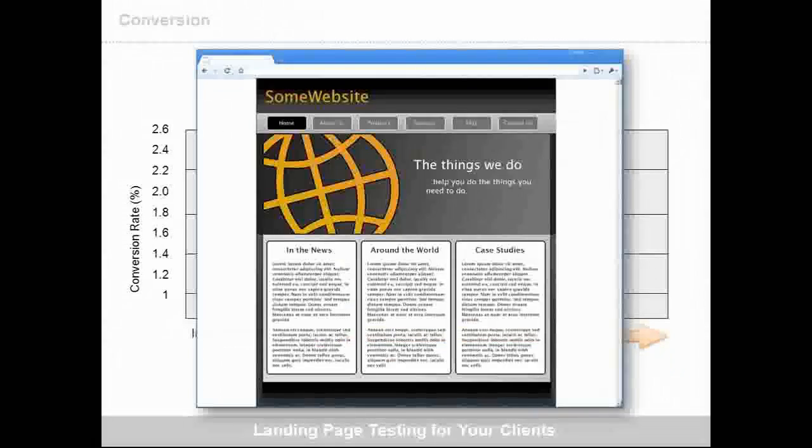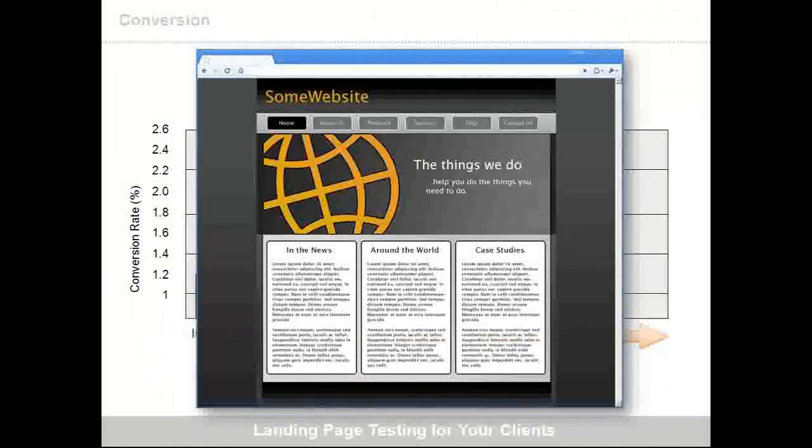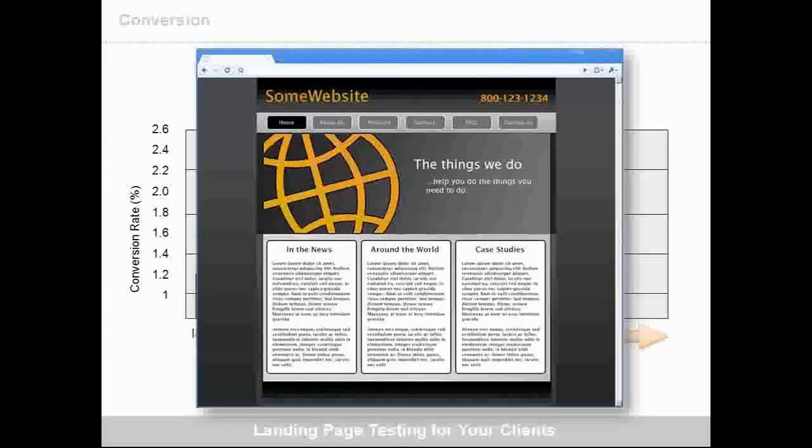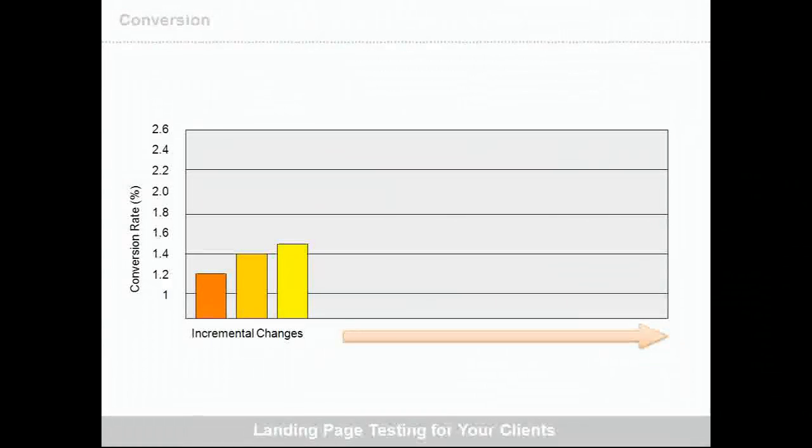Why? Pretty much because testing and how we use it works like this. Just to give you an example, this is a particular website that we had worked with at some point, where we had this landing page with a grayish background, and what we convinced them to do is change the background a little bit. So what we essentially did is take this website and change the background a little to start introducing incremental changes in the conversion rate that we were having.